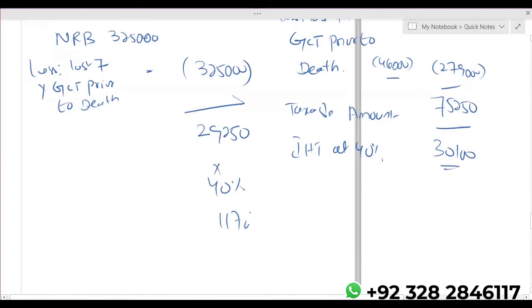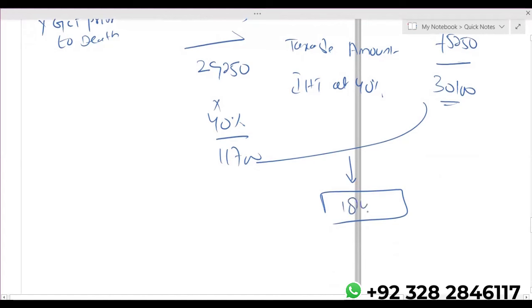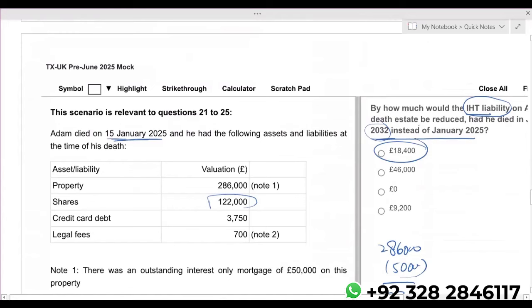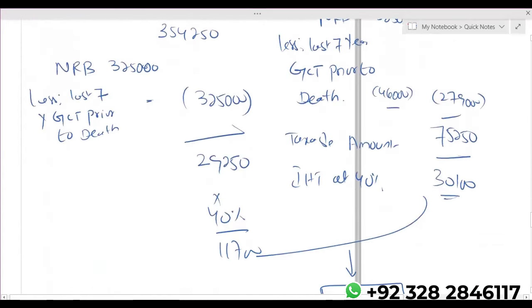which is 11,700. So how much will your IHT liability be reduced? It is coming from 30,100 to 11,700. So 30,100 minus 11,700, there's a reduction of 18,400. This is what the examiner was asking: how much will your liability reduce? There's a shortcut as well. The shortcut is previously